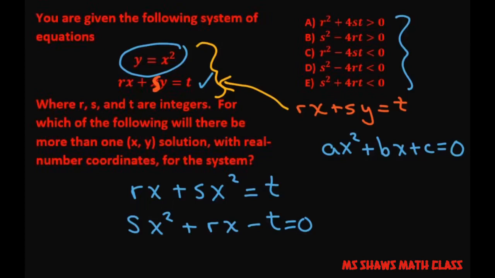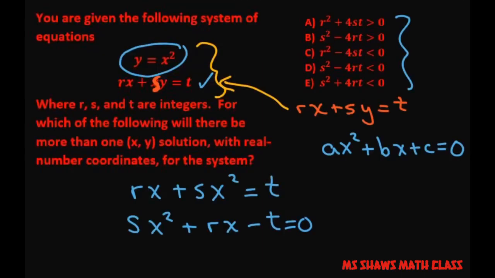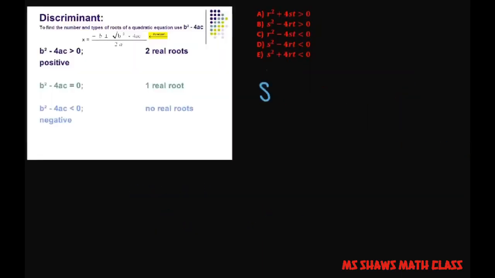So what we have is, I'm going to write it again. It starts with s, r, and t. So we have sx squared plus rx